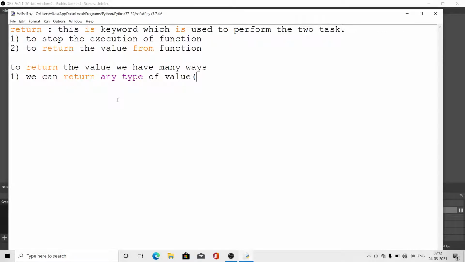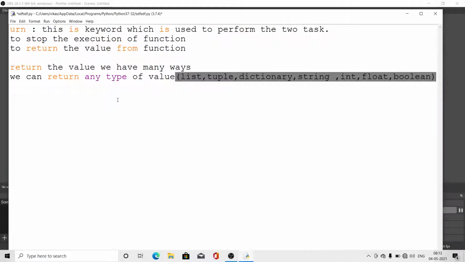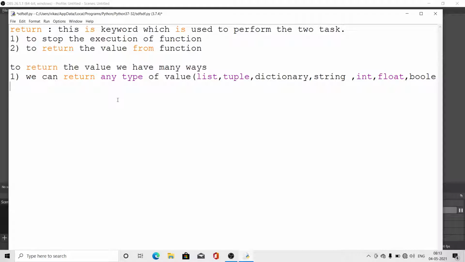That means we can return a list, a tuple, a dictionary, a string, an integer, a float, and also a boolean. Clear?